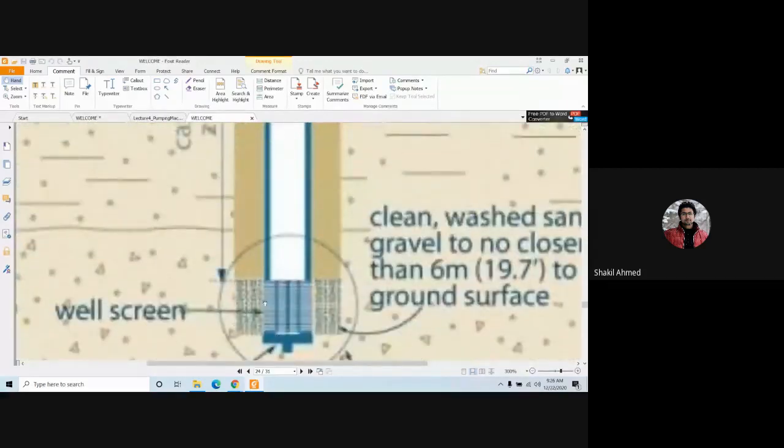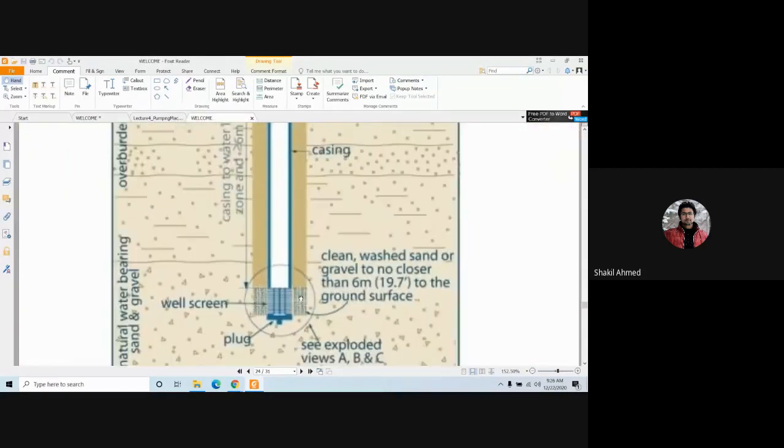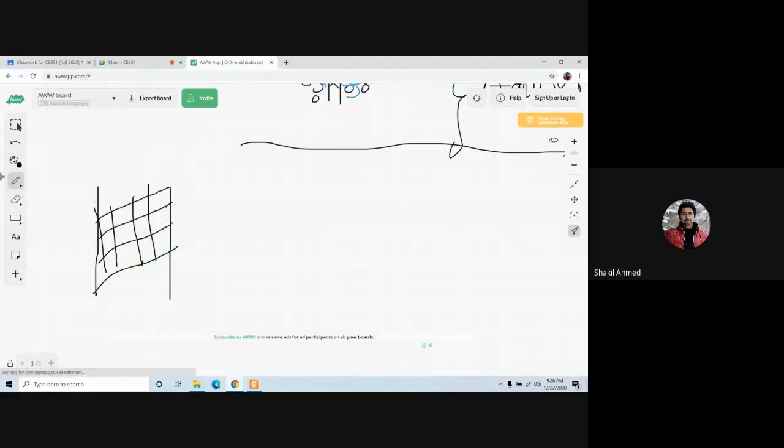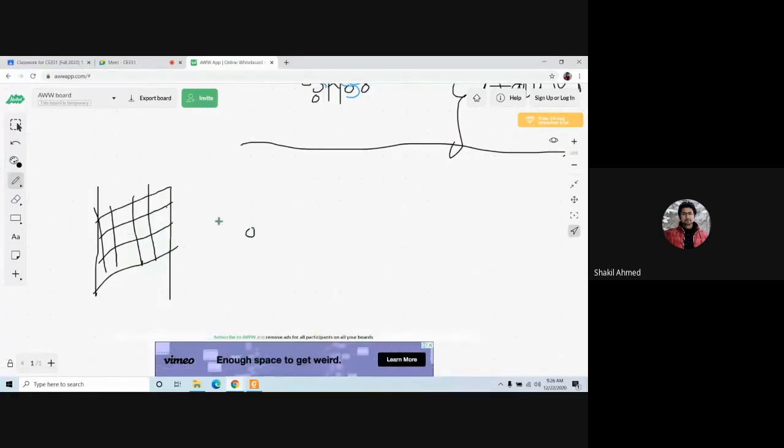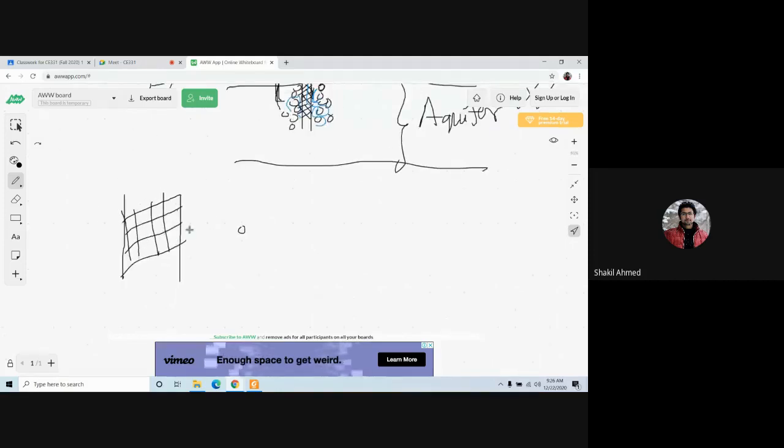here is the gravel pack material. Now here you have the soil particles. What we try to do is we want to have a gradual transition. This is a soil particle,